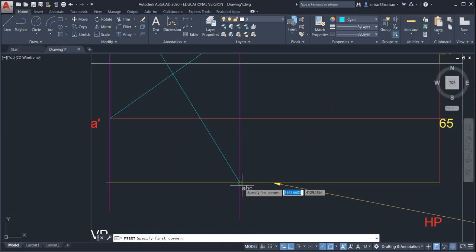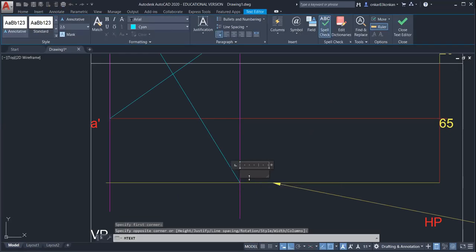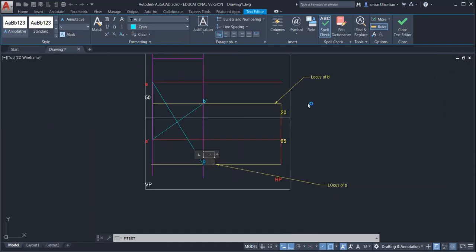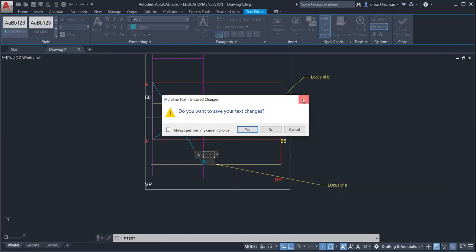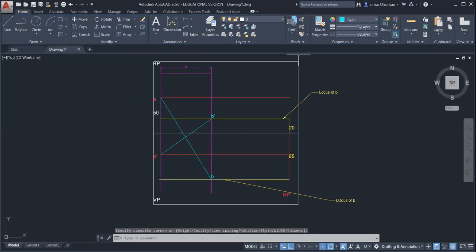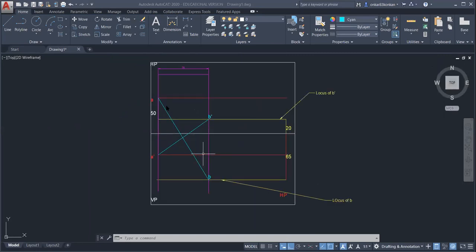And this point is B point. So now we have got the actual front view A dash B dash and actual top view AB. So from this we have to find out the true length.